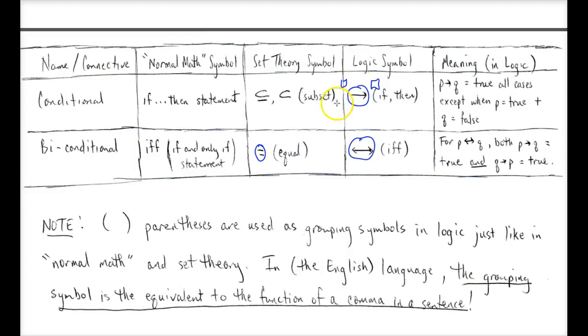So you see the conditional statement just goes from left to right, whereas the biconditional statement goes both ways, okay? And so for a biconditional statement, the only way that this whole entire statement is true is if, of course, the conditional statement here is true and the conditional statement here is true. Or put another way, as we'll see when we do the truth tables a little bit later, both P and Q have to be true, or both P and Q have to be false in order for that to happen,